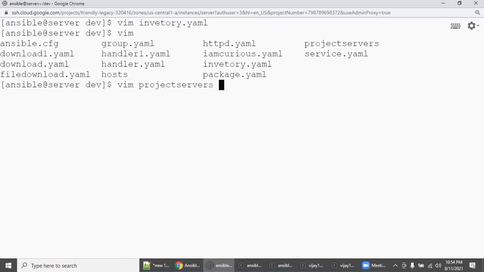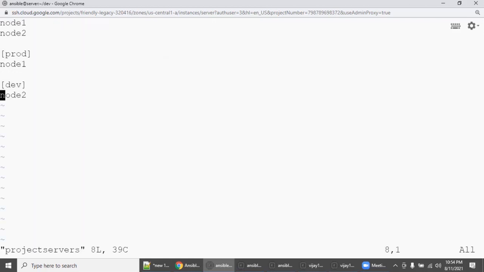Don't create something like project servers. Say tomorrow you are creating one more group called backup servers. You can even mention some IP addresses also, but using IP addresses is not recommended, though this is also possible.